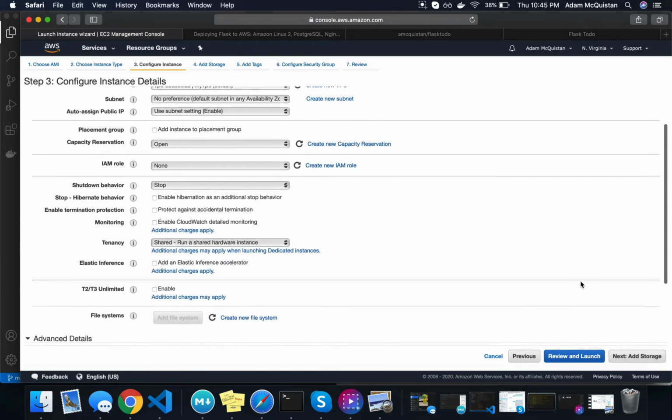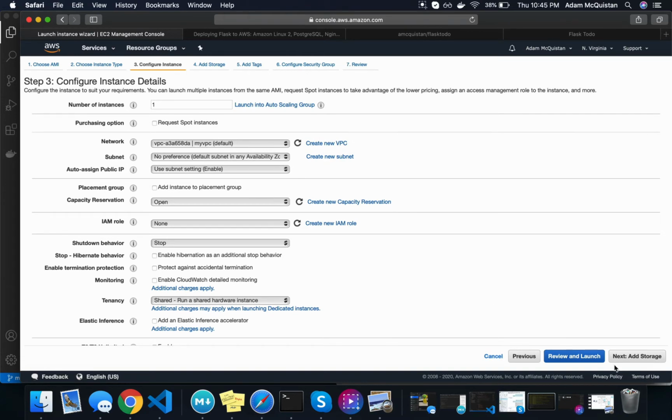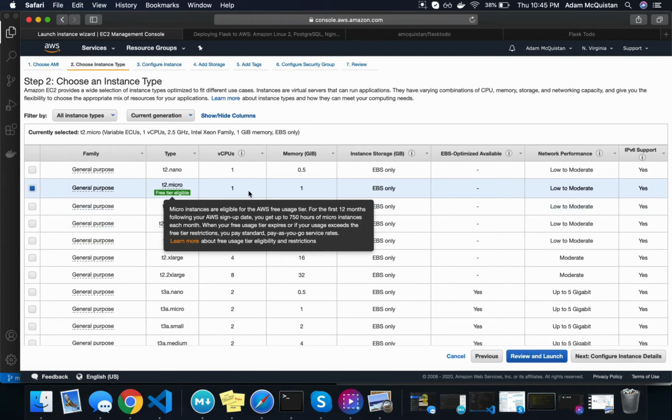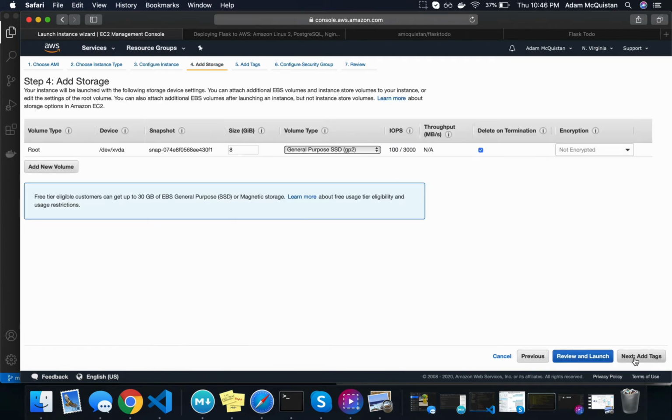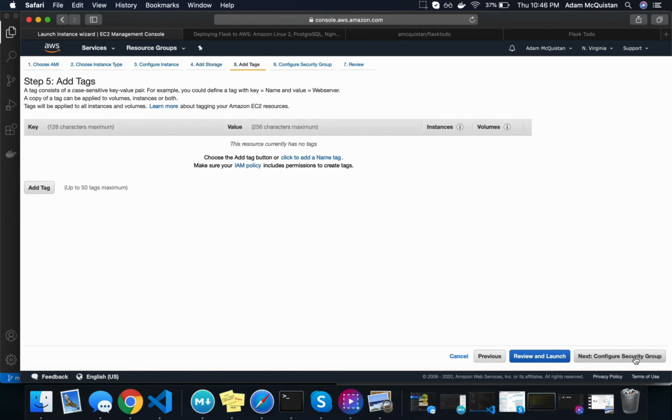and should be able to just accept defaults. I don't know if you saw that in the previous one, but I just went with the T2 Micro, so it's cheap, and for demonstration purposes that's totally fine. In a real life situation you're probably going to want a bigger server than that, but I can essentially just accept defaults for most of this stuff,